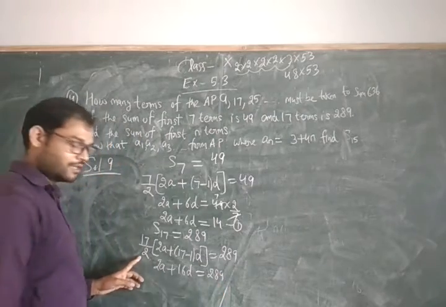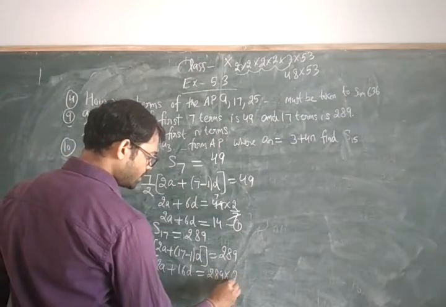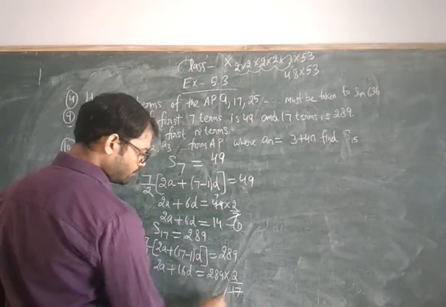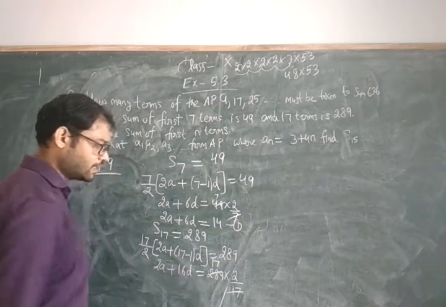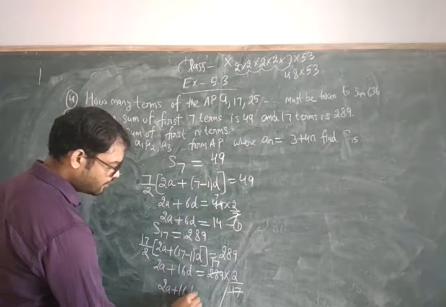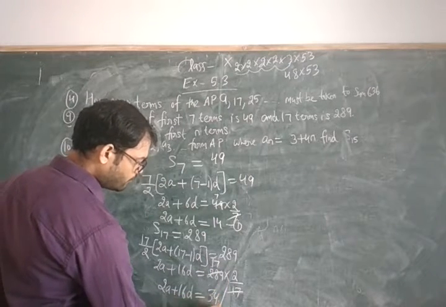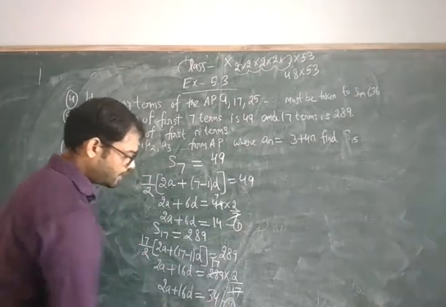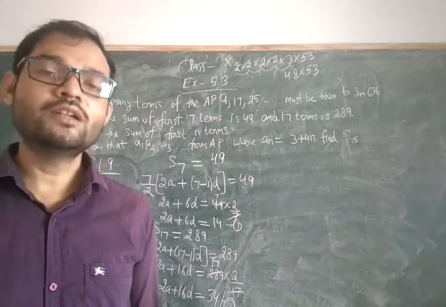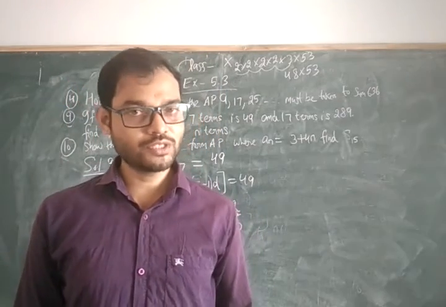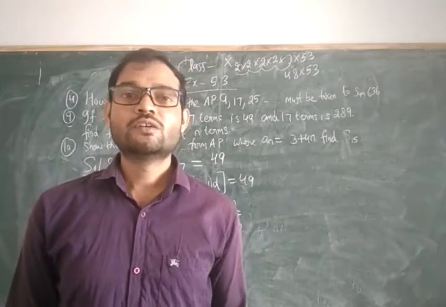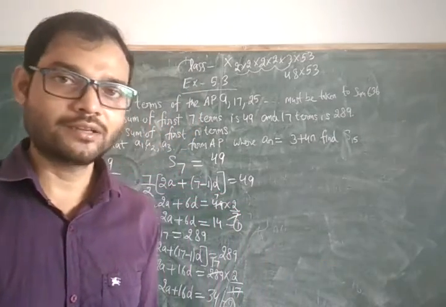You can see this 2 is still dividing, so you can do their multiplication, and this 17 will come to the other side. Now you can see you can cancel this one, it becomes 17 and now multiply it. So 2a plus 16d is equal to 34. This is your equation number 2. So now in this way we have two equations in the same variables which you can solve by using your third chapter methods, या substitution method, elimination method, which you feel better, you can apply that method here.